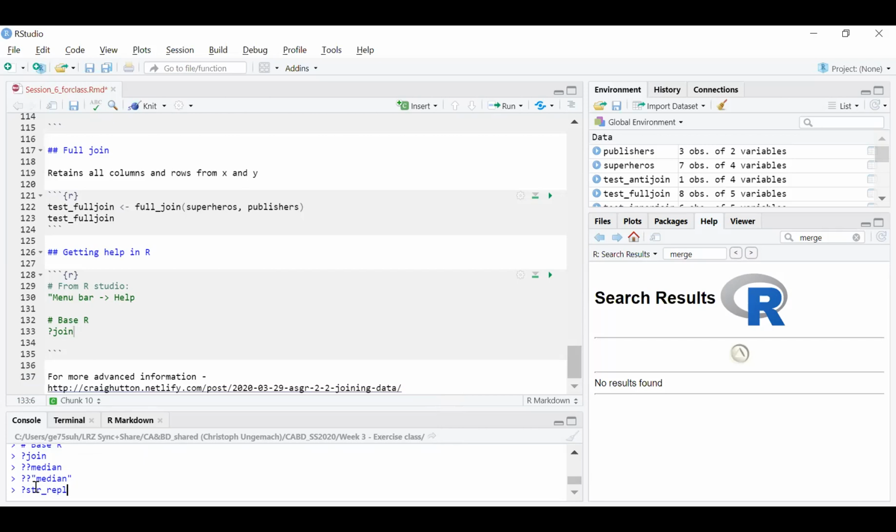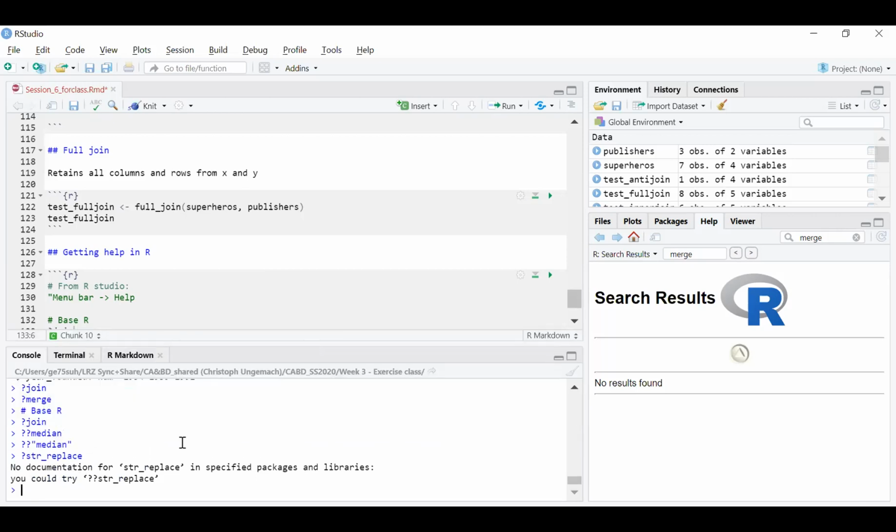Sorry, str_replace is from the stringr R package, right? But now it is not showing up, even though it's already in my system. I have installed the stringr package, but it is not showing up. Why? Because that package is not loaded. So you are supposed to say library(stringr),